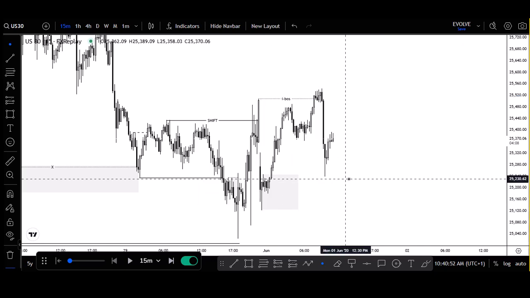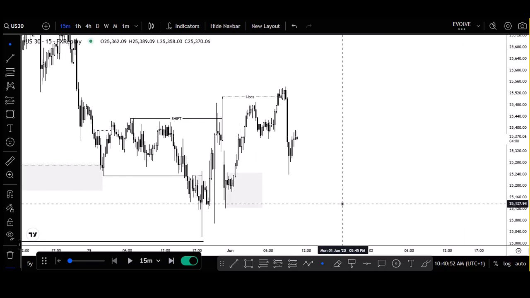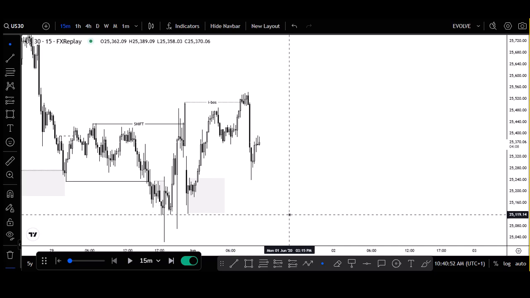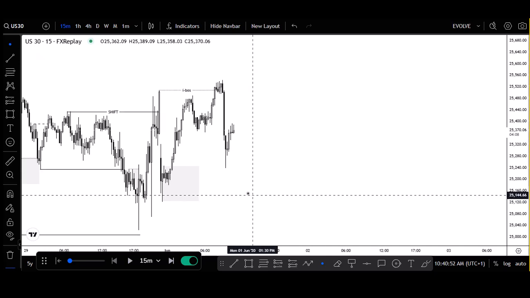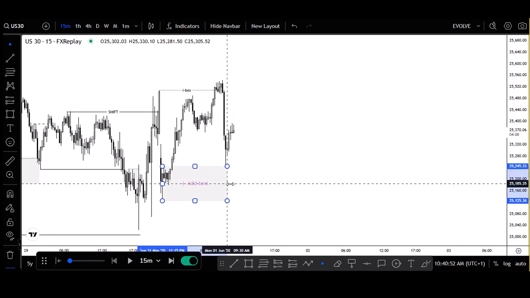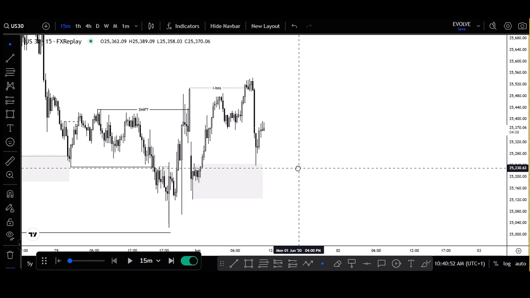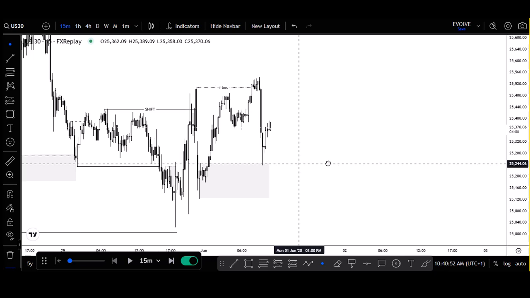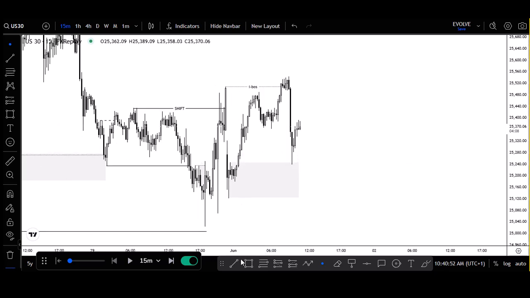So we have another breakout structure, and we know what a breakout structure tells us. A breakout structure confirms the trend, right? It confirms the established trend, right? It confirms the continuation of that trend. It's confirming. That's what a breakout structure does. But this is going to be our internal strong low, right?